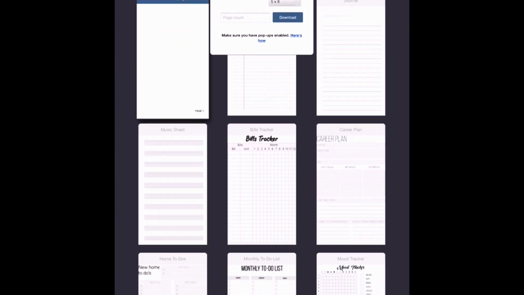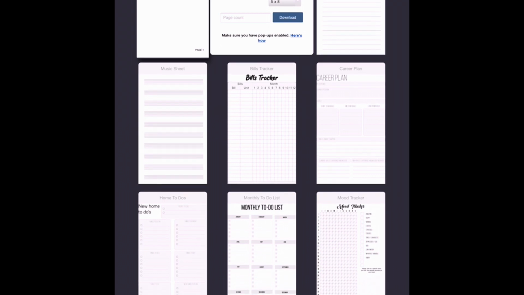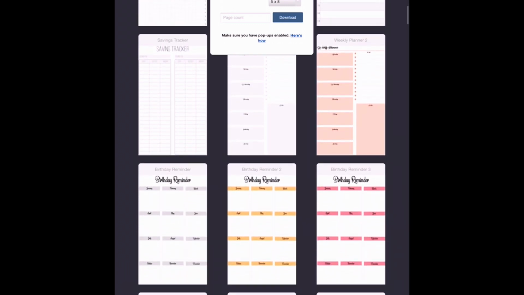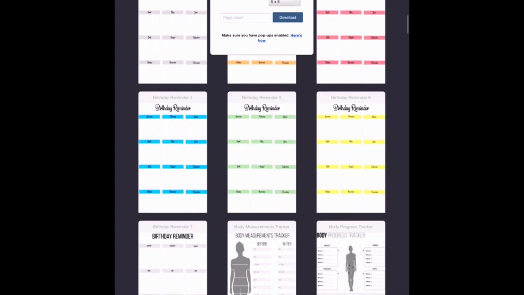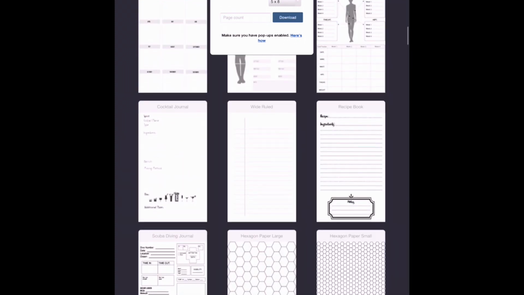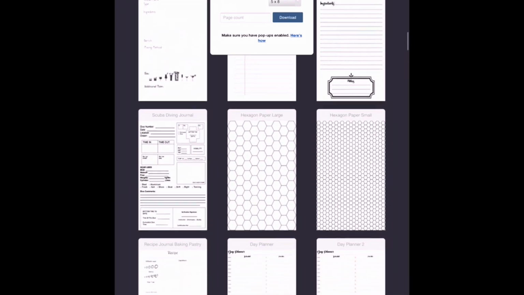And they have a bunch of these great options here, starting with the more traditional basic ones like college ruled, numbered, journals, and then they start getting a bit more creative with things like bill trackers, music sheets, career plans, to-do lists, mood trackers, organizers, logs, reading lists, reseller planner, pretty good for flipping things, even roommate agreements, chore lists, grids, birthday reminders in various colors, recipe books, even cocktail journals,